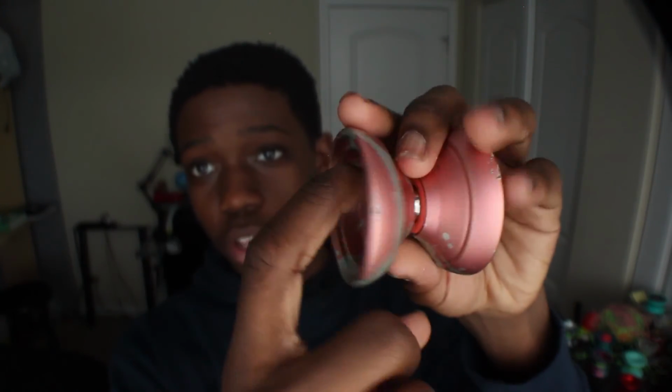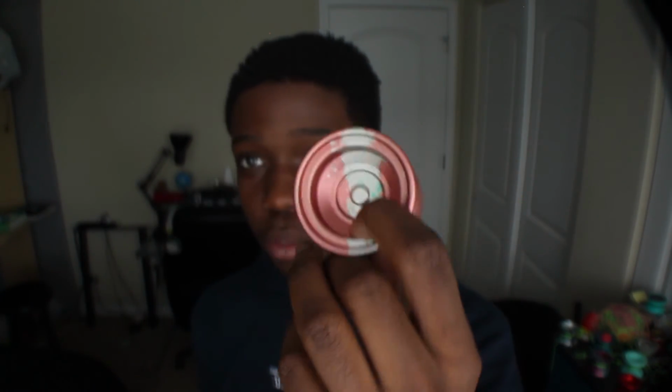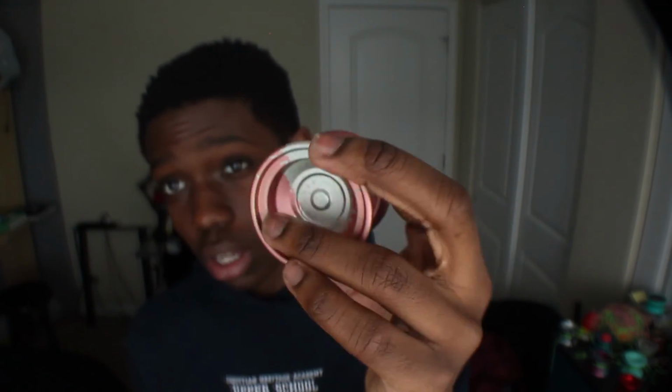It can do finger grinds, claw grinds, thumb grinds, heck, you could probably catch a little finger grind like that if you really wanted to. I've actually done grinds like this before. I was just playing around at school and I did that once, and then we also have this